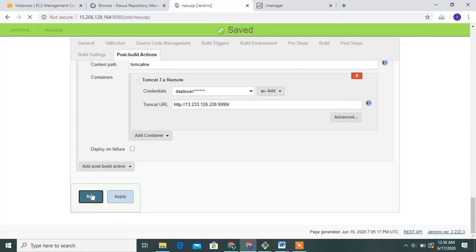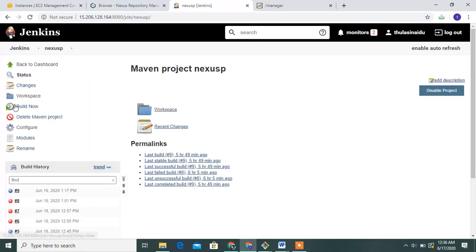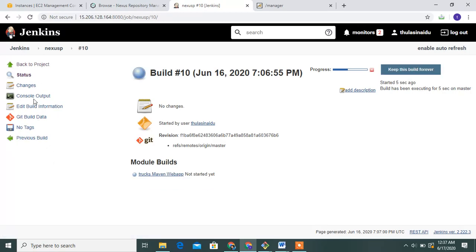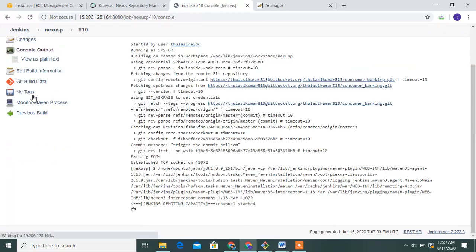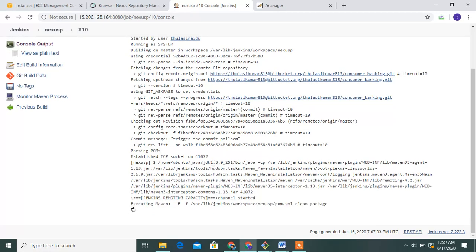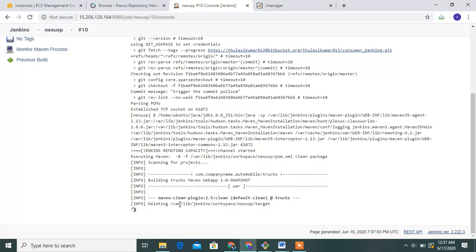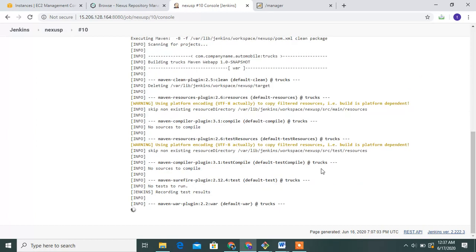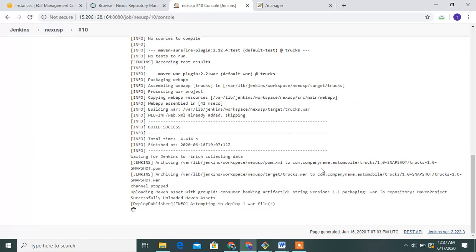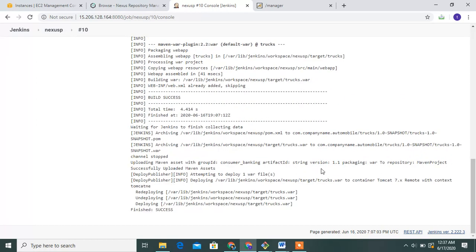Then apply and save and build the job. See what happens. Go to console output, run the Maven goal, run the goals, then deploying.